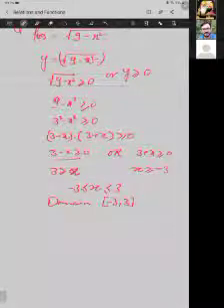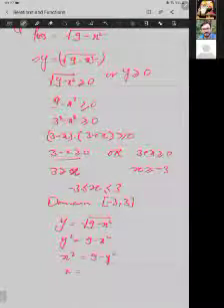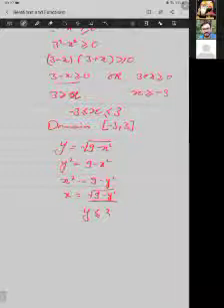Now, when we need to talk about the range, see, I'm taking this one. Y is equal to under root 9 minus x square. Y square is equal to 9 minus x square. X square equals 9 minus y square. X equals under root 9 minus y square. With this, it is coming similar, which means y is less than or equal to 3 and greater than or equal to minus 3. This will be the y value.